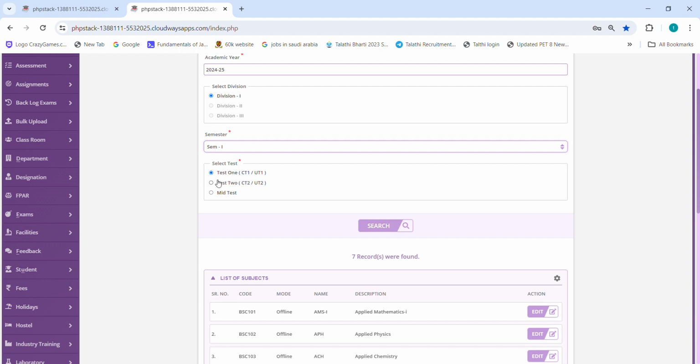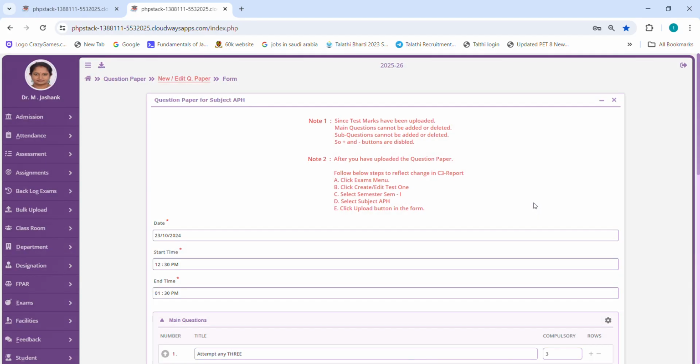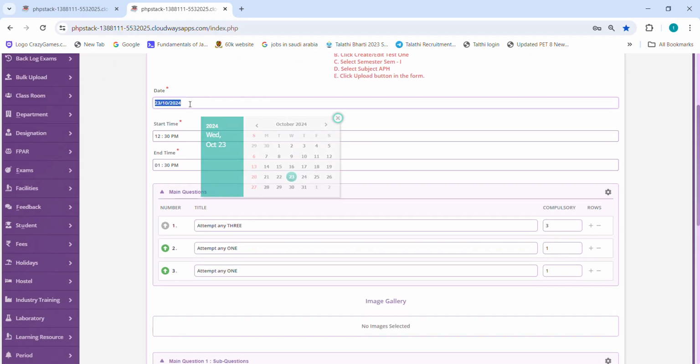If you want to select the second test paper, select the second radio button. Or if you are going to conduct the mid test, you are going to click the third radio button. Now here, as we are going to see the applied physics question paper, click on edit button, put the execution date here,